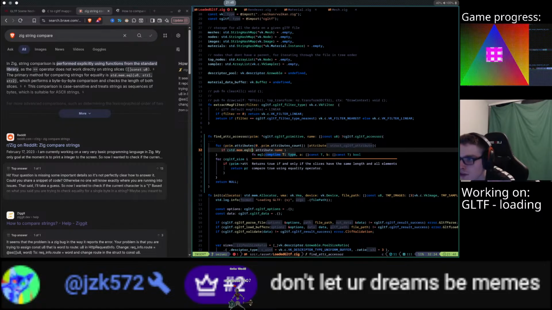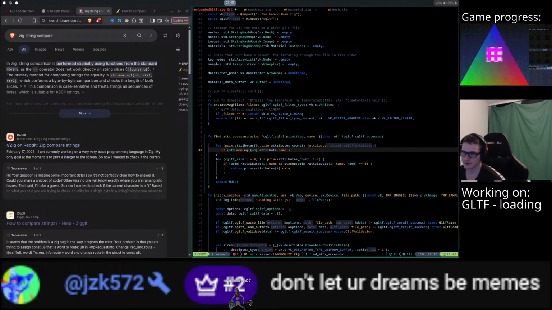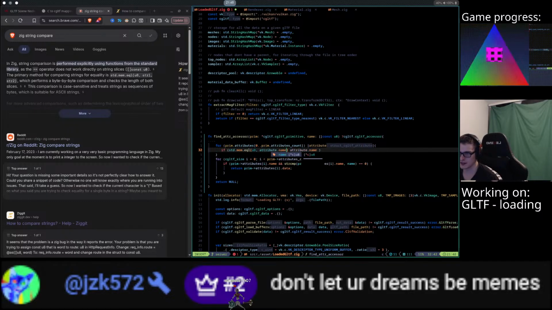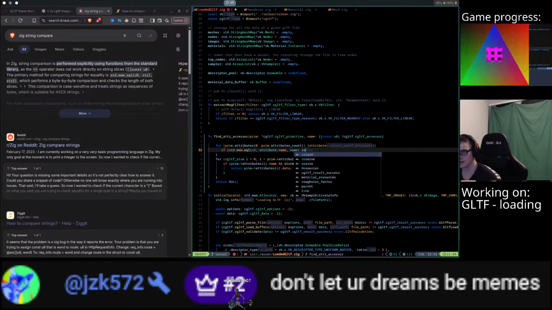Returns true if and only if the slice have the same length and all elements compared are equal using equality operators. So, okay. And it's U8, then it doesn't matter which we put in there. And then we'll have to take in comparing just the name. And if this is true, it returns true if all of that is equal. Then we'll return